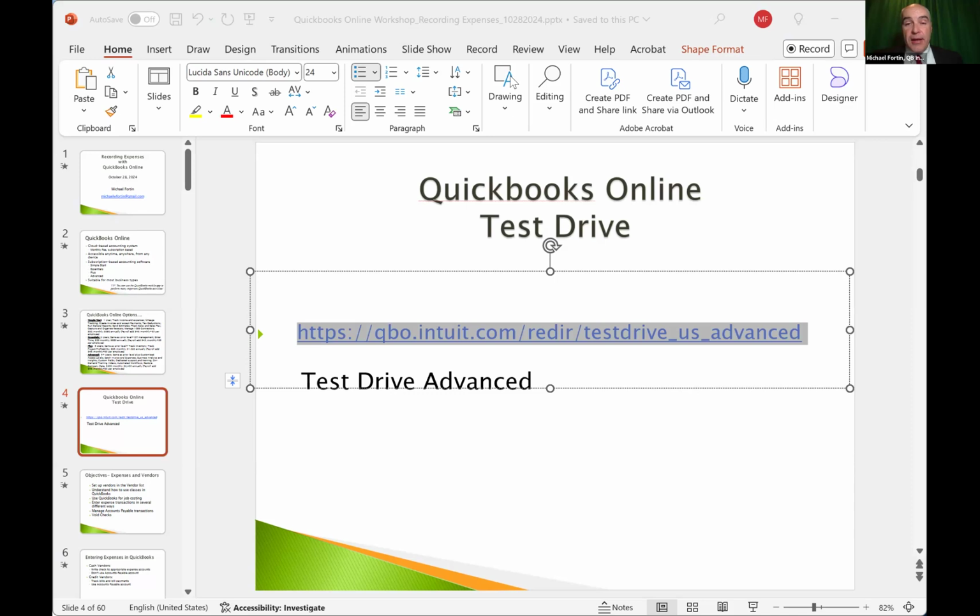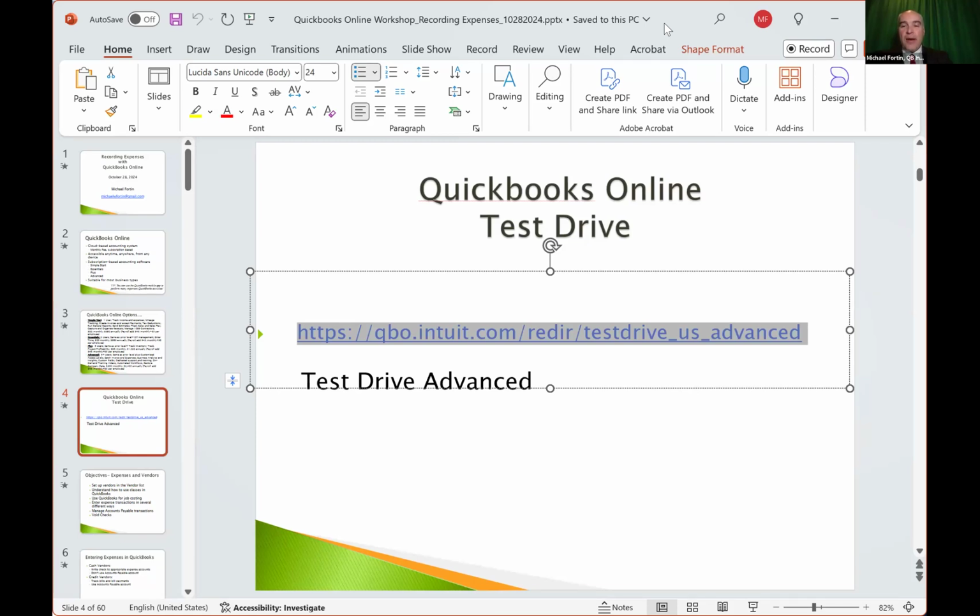One thing I will say about the link is that although it works very well, there are a couple of little quirks about it. One is that if you are already a QuickBooks Online subscriber, then when you click that link, QuickBooks may ask you to log in to your existing business, because if you have cookies stored within your browser, QuickBooks tries to get you to log into your account. So if you find that that's a problem and you can't get around the login screen, then try a different browser.